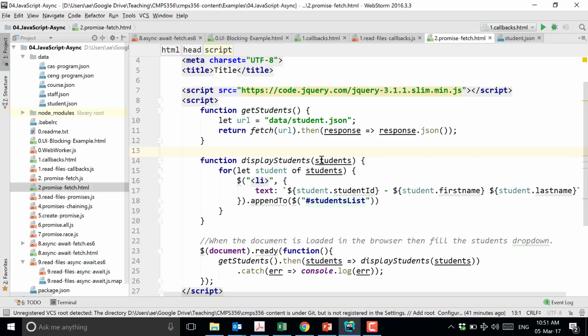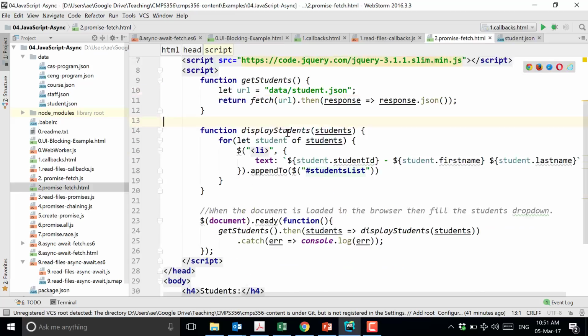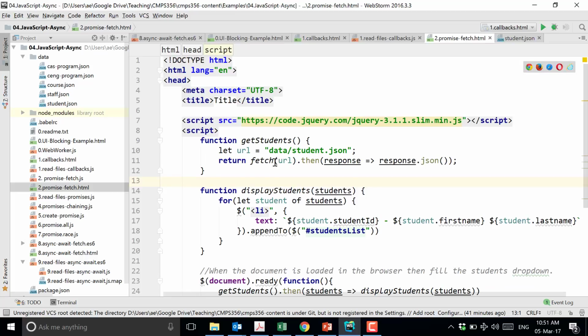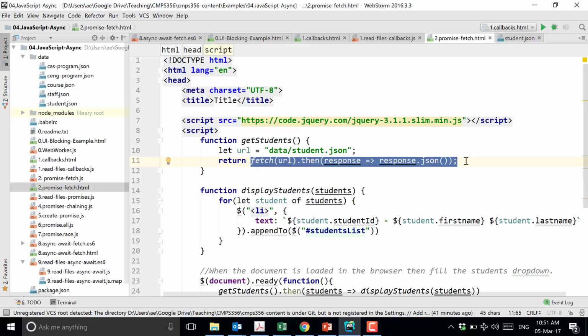Have a look at this. This is the last thing I will show you. This one is also an asynchronous function. It returns a promise, so a promise built on another promise. For example, let's say somebody wants to take a loan to buy a house. They will go to the bank, and the bank will give them a promise to lend them money. They use that promise to go and buy the house, and then when the money comes, it will go to the house owner. So it's a bit similar here.